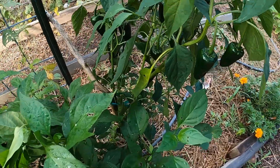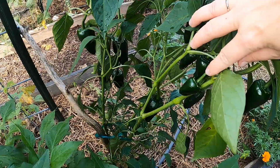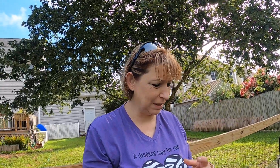Look at all the anchos on there. Can you see all those anchos? Guys, this is one plant. I have 4 more that I've started over there. We're gonna make chili powder and taco seasoning and stuff like that, because we eat a lot of that type of stuff, especially during the winter. It's cooler. Not so much during the summer, but